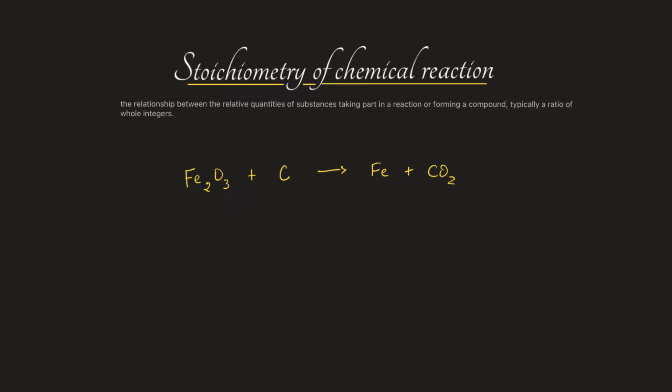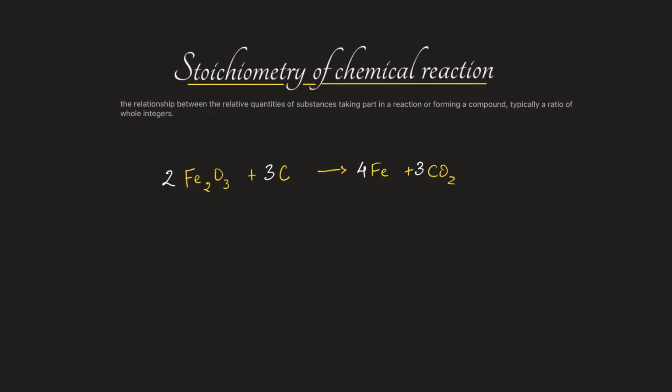But as most of you must have realized, this chemical reaction is not balanced at all. So our first task is to make sure that this reaction is balanced. So let's go ahead and accomplish that. At this point, pause the video and try to balance this on your own. My hope is that you ended up with the following coefficients. 2 moles of iron oxide react with 3 moles of carbon to give 4 moles of iron and 3 moles